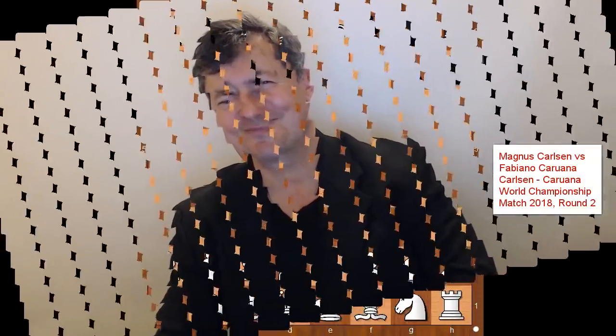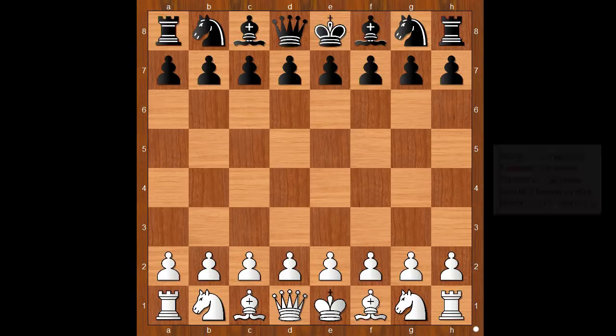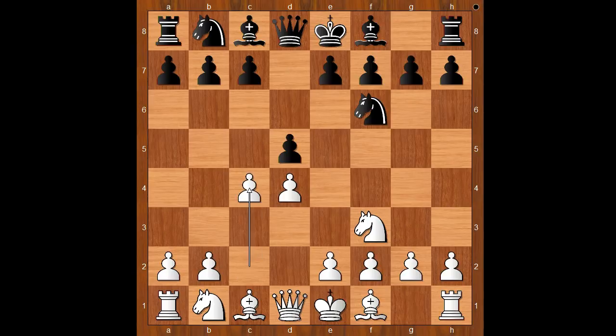This is a game from World Chess Championship match 2018, round 2. Magnus Carlsen had white pieces and he started with d4. Fabiano Caruana played knight to f6, knight to f3, d5, c4, queen's gambit, e6, queen's gambit declined, knight to c3,